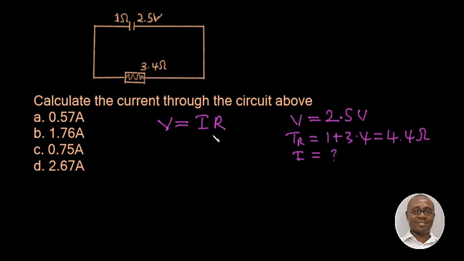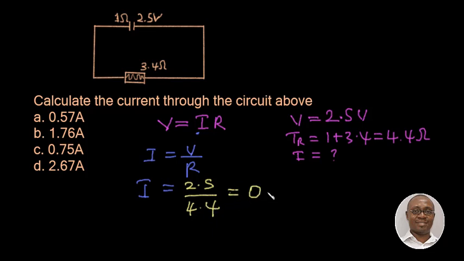Alright, so now if we divide both sides of the equation by R, we have I as the subject of the formula, and then we go ahead to input the values accordingly. So for voltage we have 2.5, then for the resistance we have 4.4. So if we hit these on a calculator, 2.5 divided by 4.4, we have a final answer at